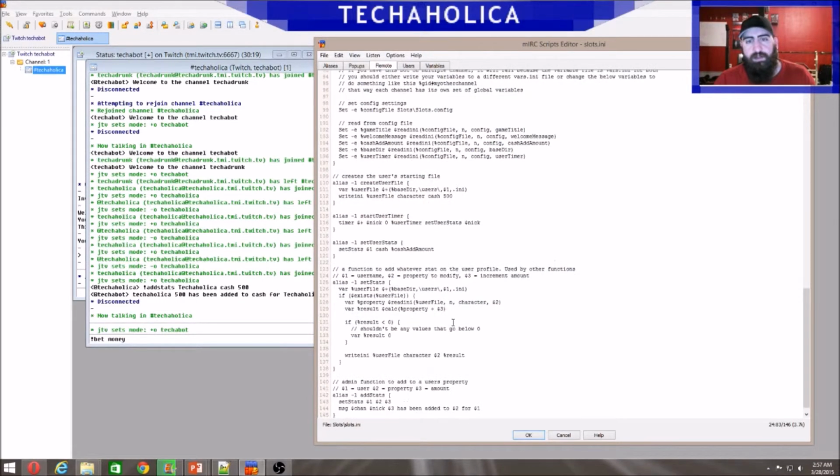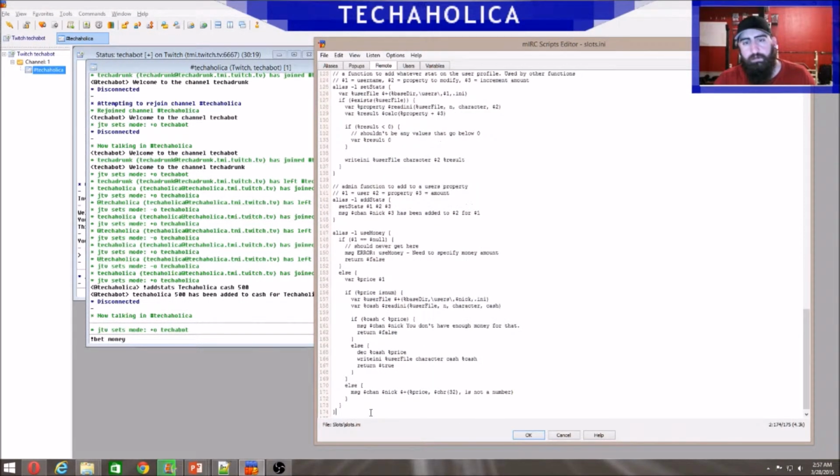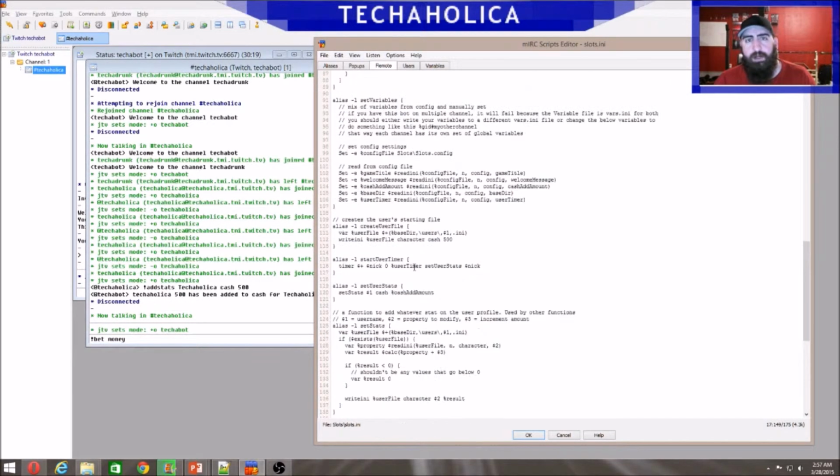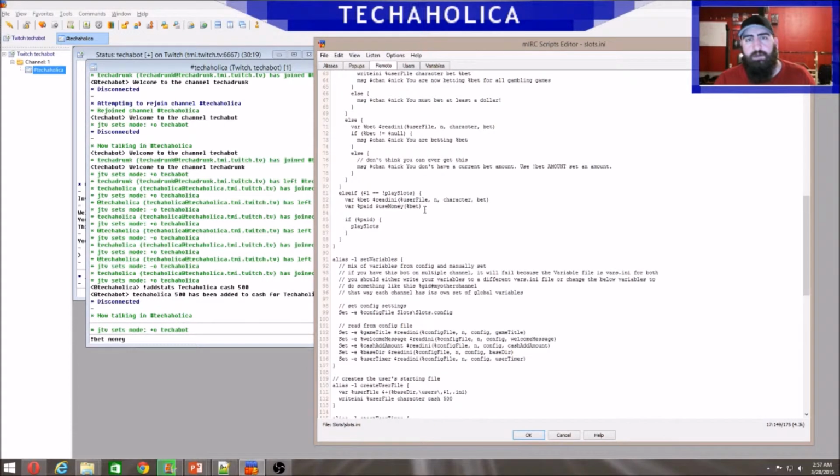Or I'll just paste it down to the very bottom here. Alright, useMoney. And before we go to that one, I want to go back up here real fast to what we're just looking at. So once again, in the past we've used aliases. You didn't need to use this $ sign, but once again, it is in the middle of the statement, so you must use that $ sign. Also, it's returning the value, so we're going to store that value